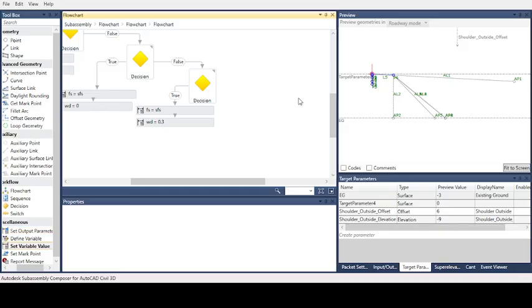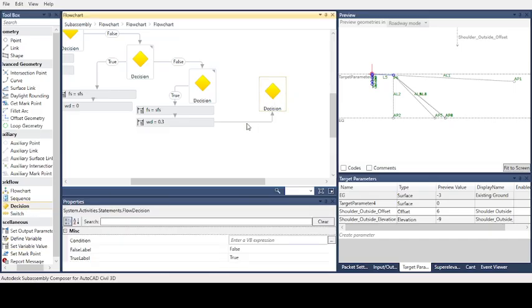If it is greater than 6 meter but less than or equal to 9 meter, we will add another decision.